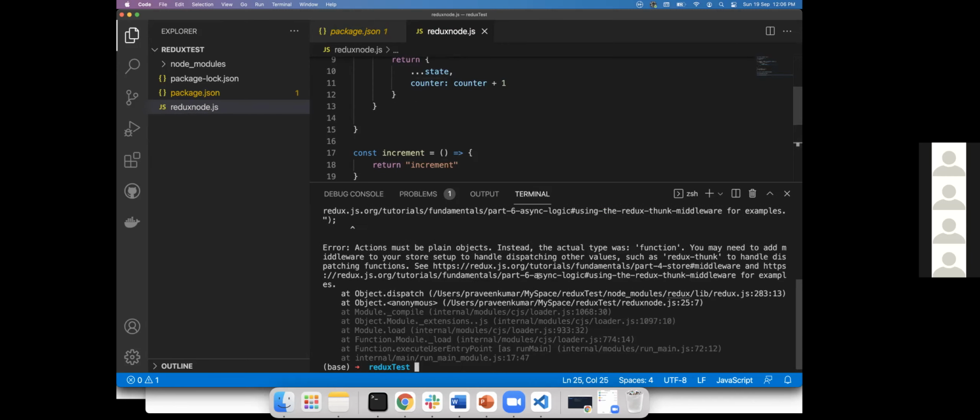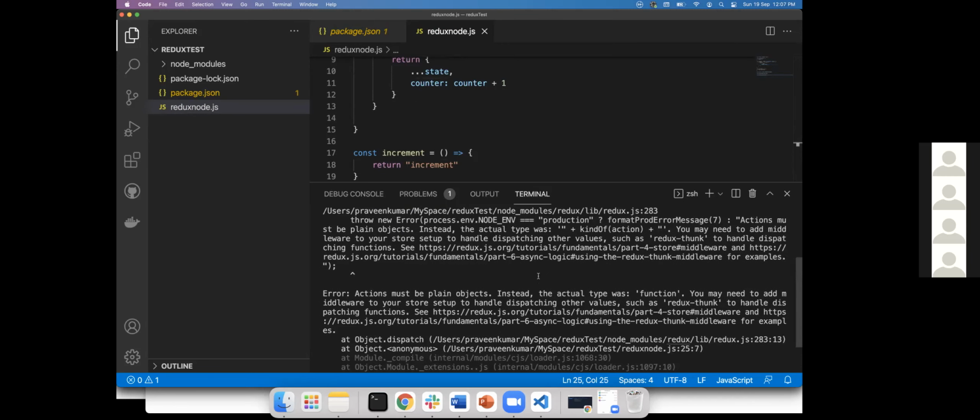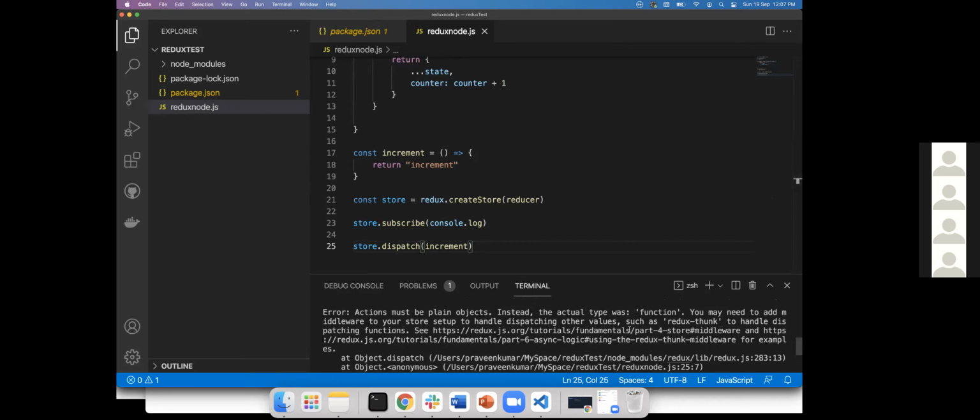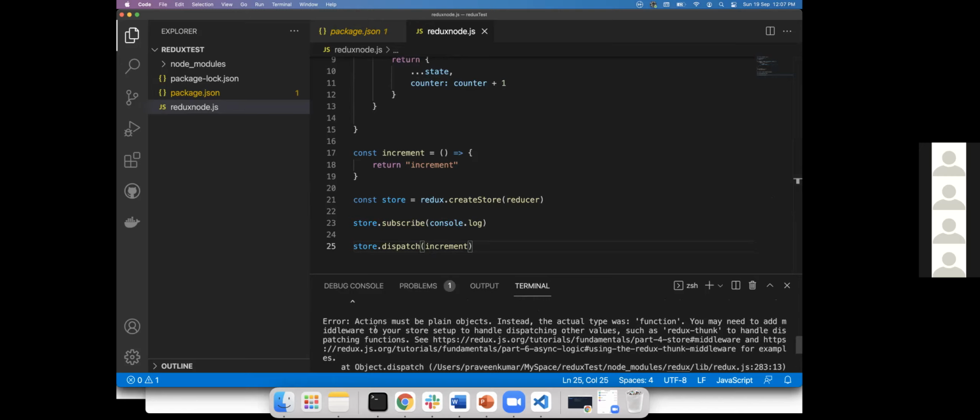There should be an error: action must be a plain object. So you see one error showing in my terminal, it is saying action must be a plain object. Just remember that.